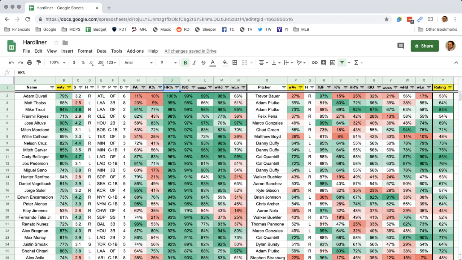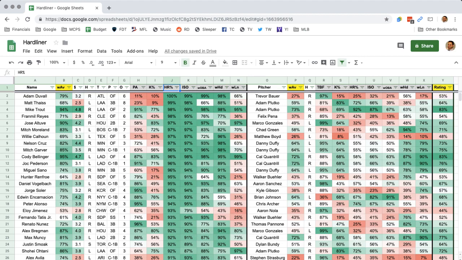So everything you're seeing here, is he hot as hell right now? Absolutely. But it's eventually going to stop, because you can't go on forever like this, in Mike Trout territory, when you're Adam Duvall. Is he a good hitter? Yeah, sure, but ride it till the train breaks down. But that's why I have plate appearances there, so that you can have context as to what the sample is for the data.